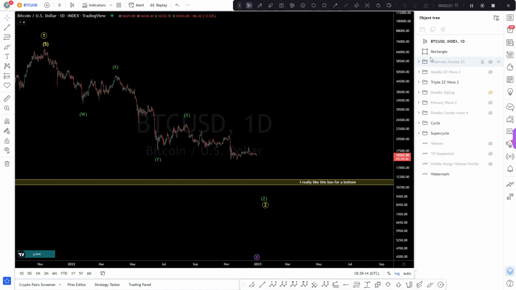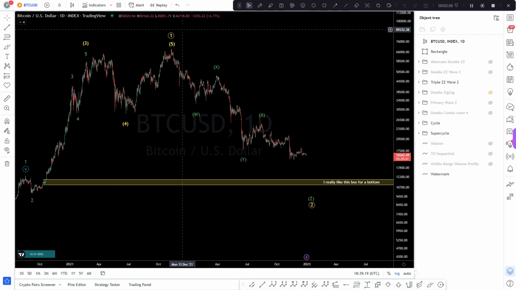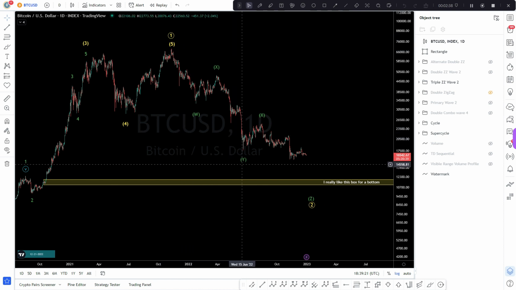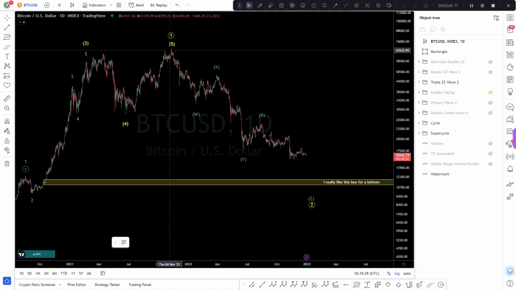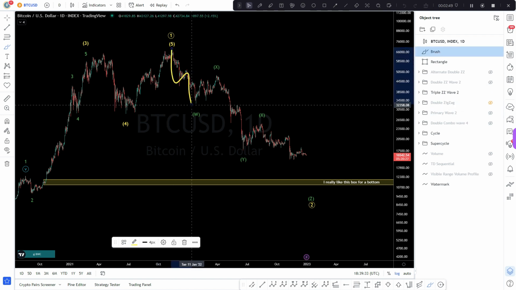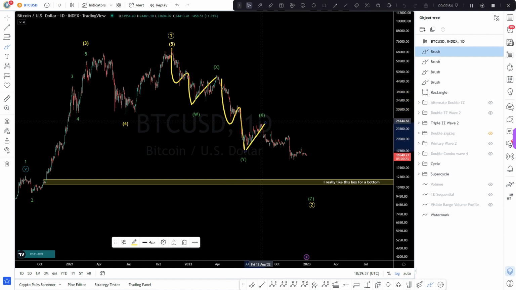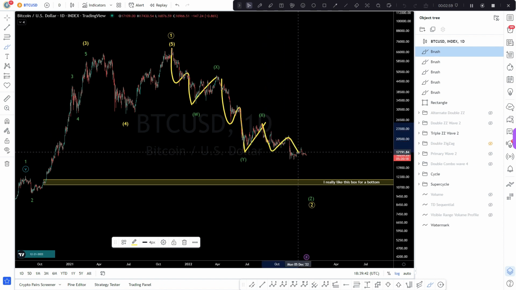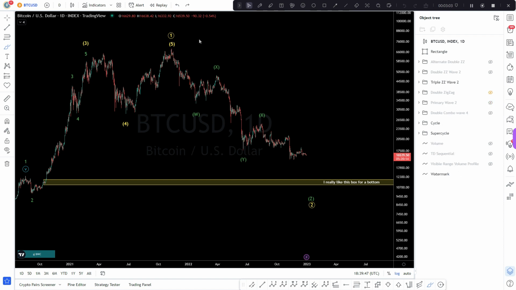There we go. This count is a triple zigzag: W, X, Y, X, Z. It's going to be all zigzags. Which means, for this specific count, I have a couple counts I'm going to go through here. Zigzag, X wave, zigzag, X wave, and working on another zigzag. Probably something like this. We'll see. The other option